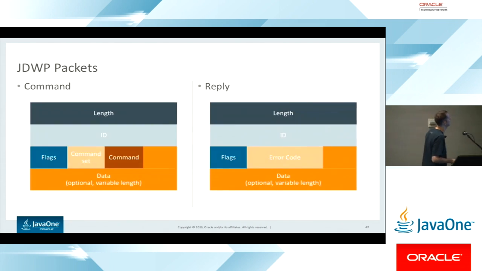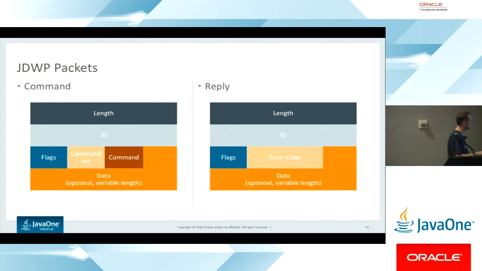and then they may carry a data payload of some variable size. To see what they actually look like, you can imagine the width here as being 32 bits. We have a 4-byte length, and then a 4-byte ID for each packet, 1 byte for flags, and 1 byte each for the command set and command in a command packet, while for a reply those 2 bytes are dedicated to an error code. The only difference between the two packet types is this middle section, where in the command packets we actually tell the target what we want it to do, and the reply represents a response to that, the result of that